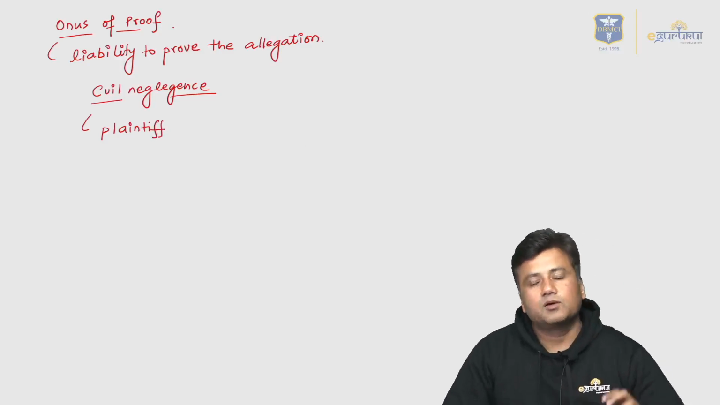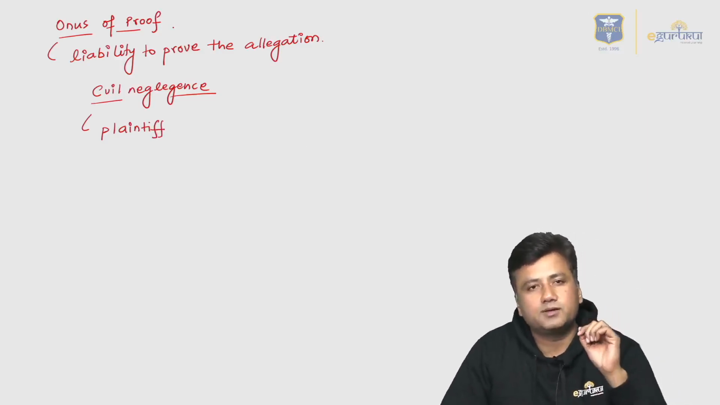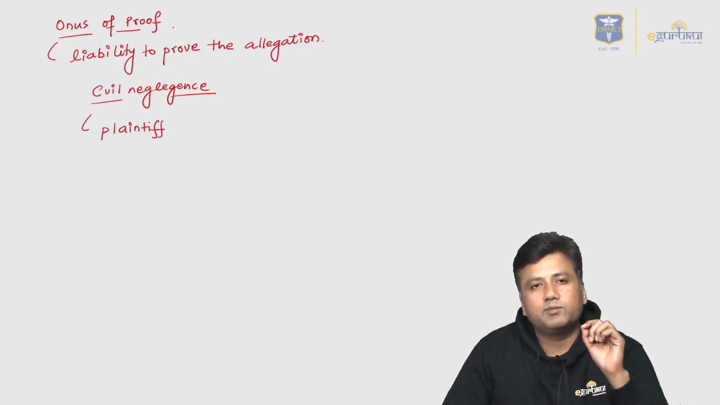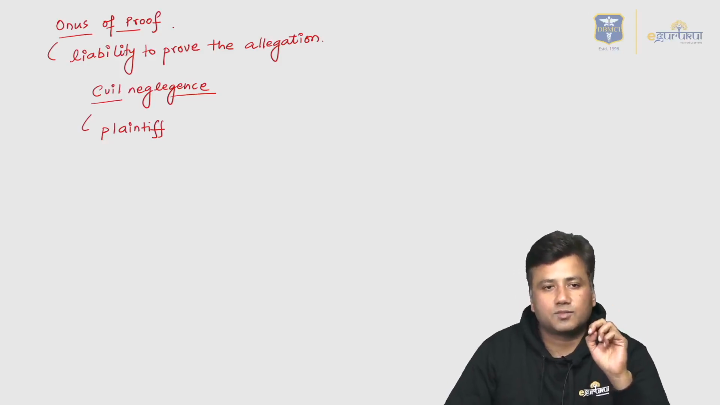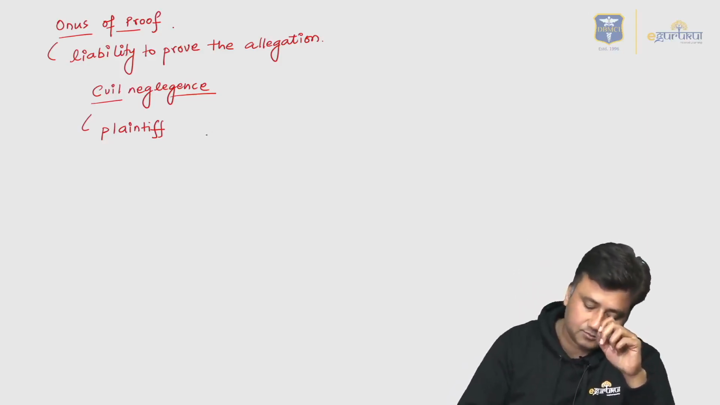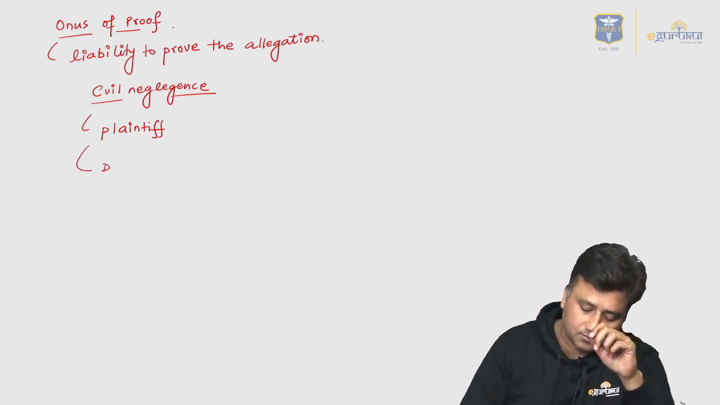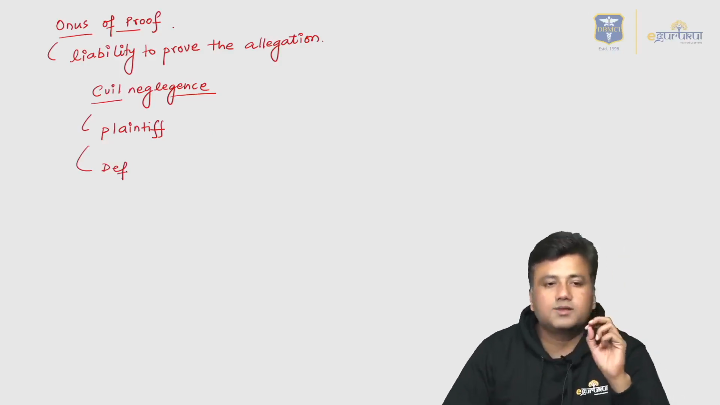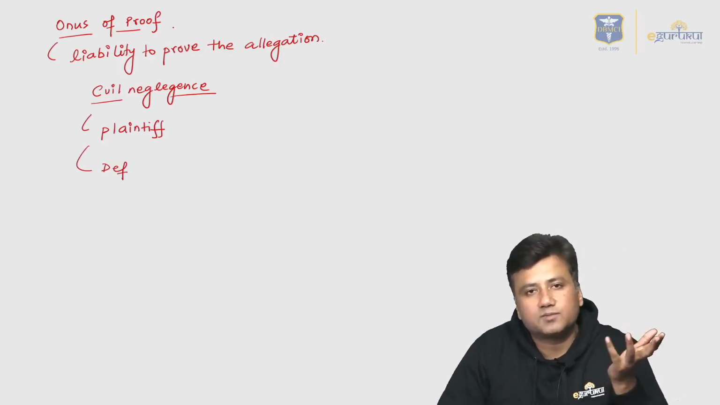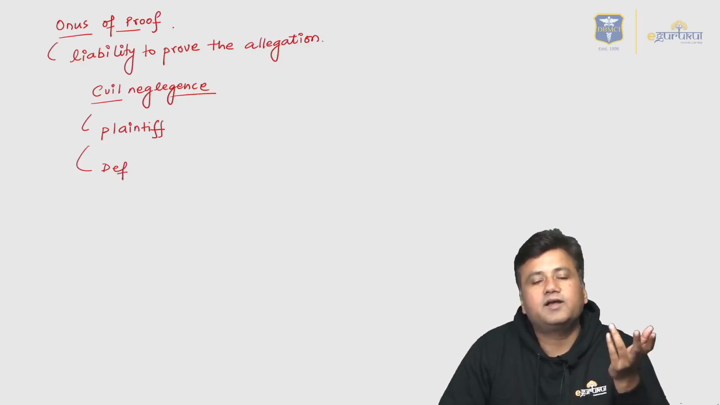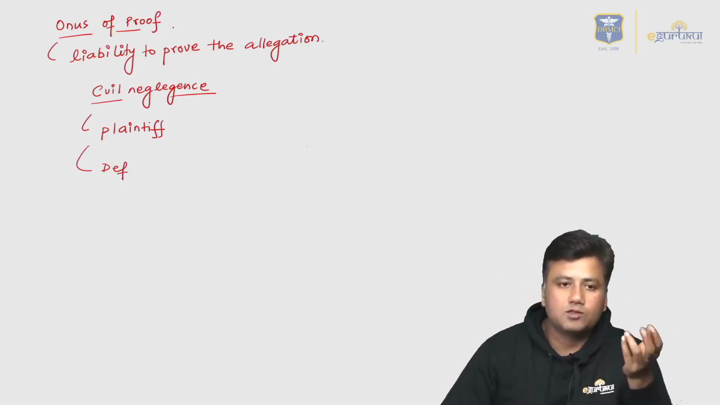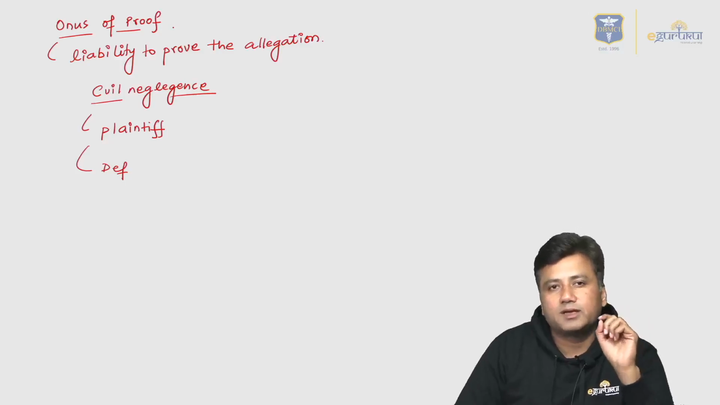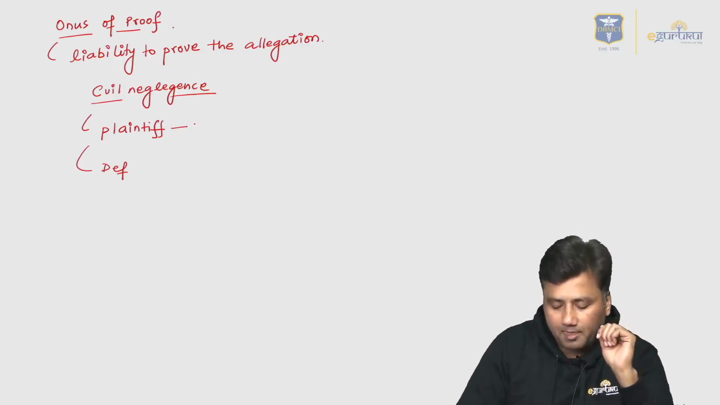plaintiff. Who is plaintiff? In civil cases, plaintiff is the name given to the party or the person who alleges the charge, and the second party is the defense or defendant. Defendant is who? The one against whom the charges are being alleged. So who is plaintiff in a civil negligence case? Plaintiff is